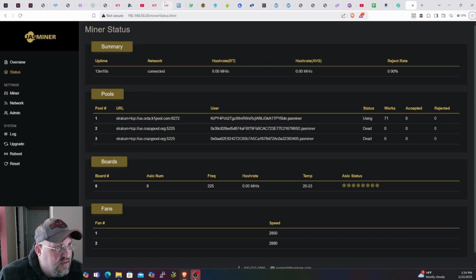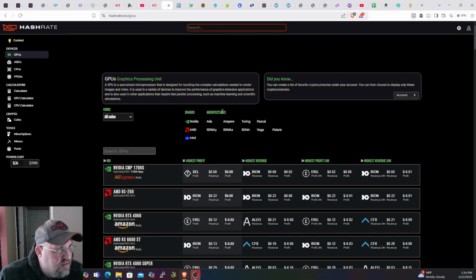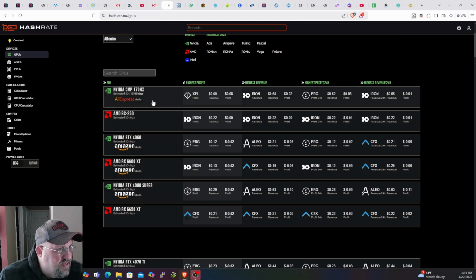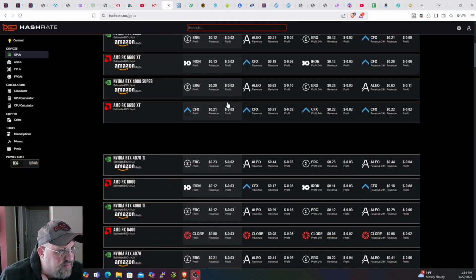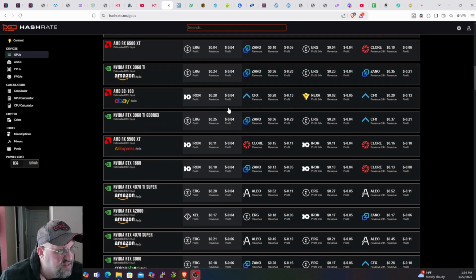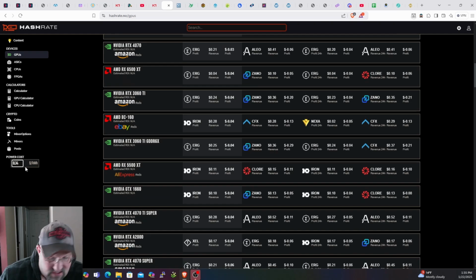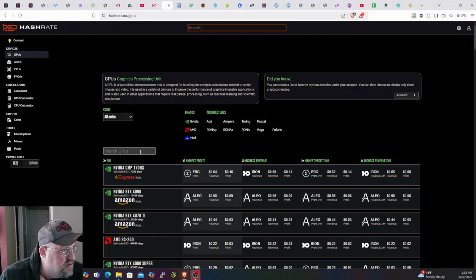But in the meantime, I was going to pop over here to hashrate.no, and we've got 14 cents. And yeah, it's awful. The only thing that shows profitable is a CMP 170HX, and that's at 8 cents a card. Everything else is negative. Now if we change this to 11.5, well, it will let me. It rounds it up to 12, but